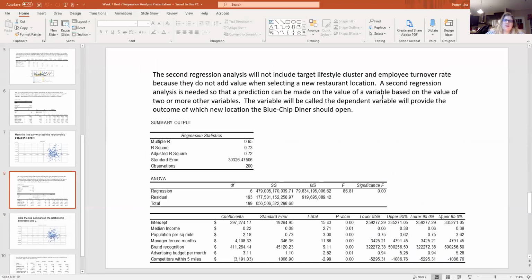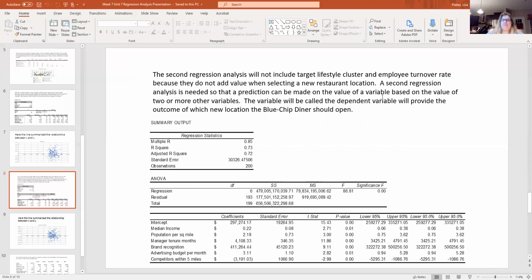The second regression analysis will not include target lifestyle cluster and employee turnover rate because they do not add value when selecting a new restaurant location. A second regression analysis is needed so that a prediction can be made on the value of a variable based on the value of 2 or more other variables. The variable will be called the dependent variable and will provide the outcome of which new location the Blue Chip